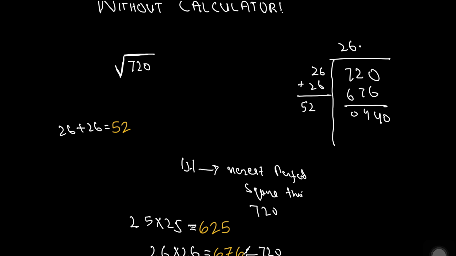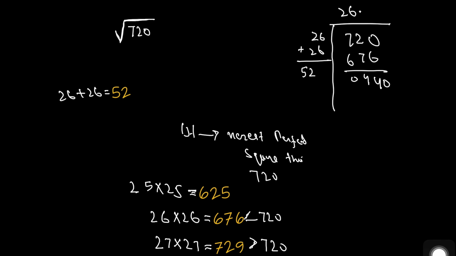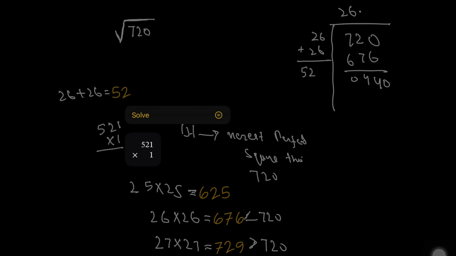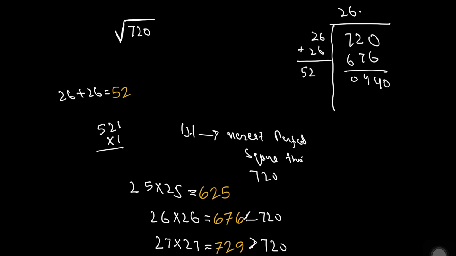Now 440, and our next step, the fourth step, is here 52. So here we write 1 multiplied by 1. This number is also less, so here we write the 0, and we do not take any decimal point again. The decimal point is taken only one time. So 4400, and now 521 multiplied by 1 is 521. This is less than 4400.